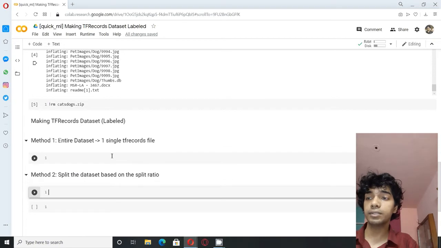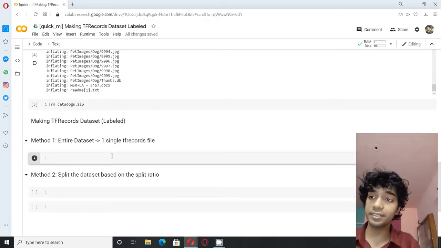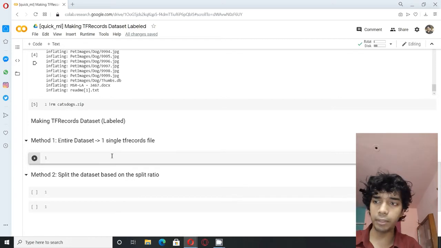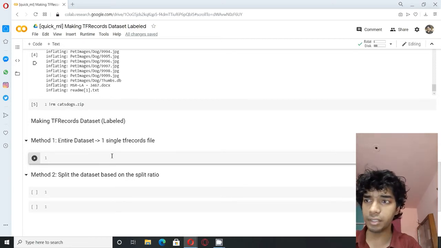Either you want to convert the entire dataset to a single TF records file, or you want to split the dataset into a particular ratio as mentioned.